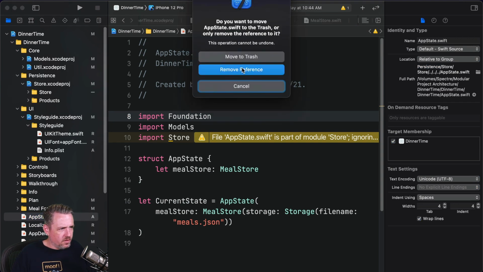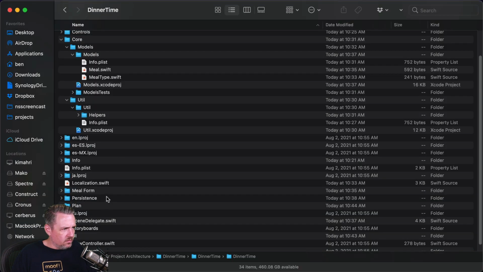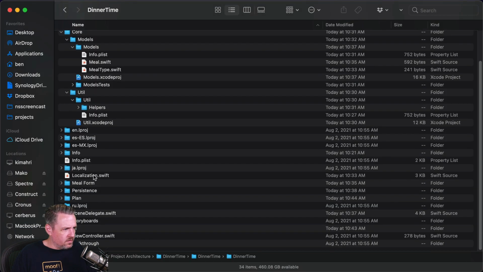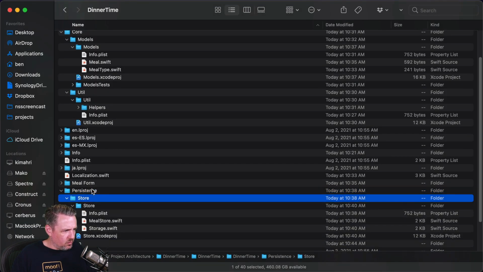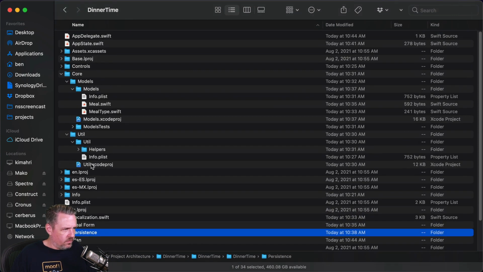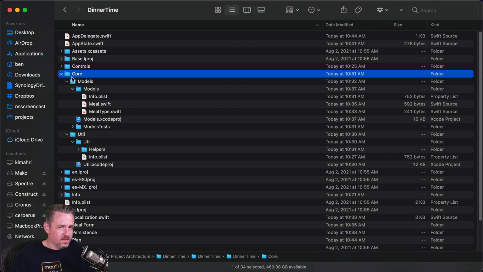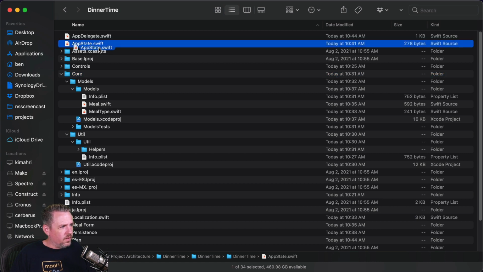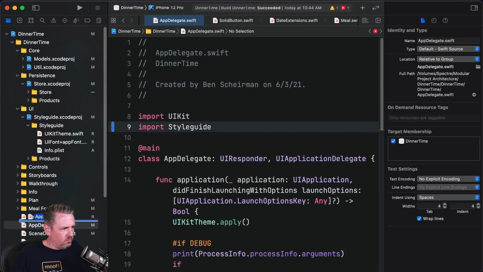I'm actually going to just say remove references. Let's go over here and find it in this list. Should be, is it in persistence store? No, it's not. So Xcode was, again, confused. I have yet, after doing this many, many times, to find a consistent set of steps that makes Xcode not confused. Okay, so I'm going to take this and hold on to it, drag it back into our